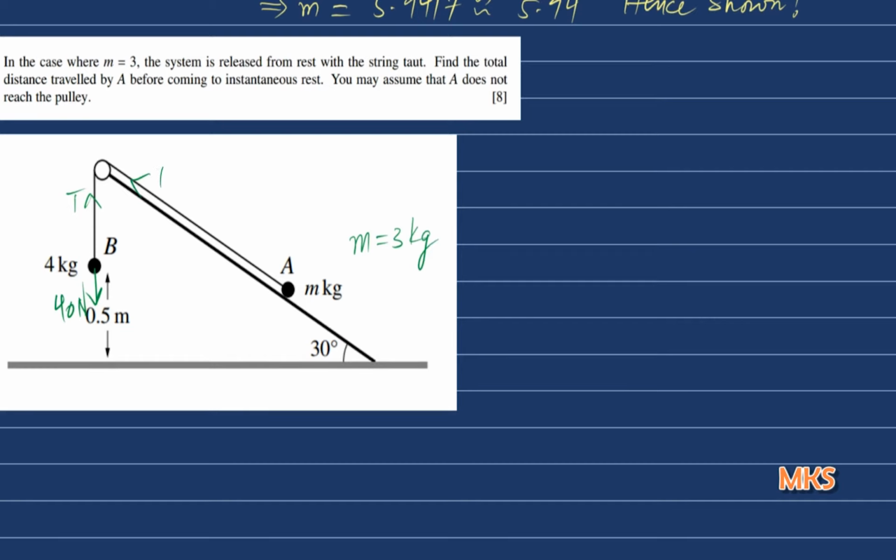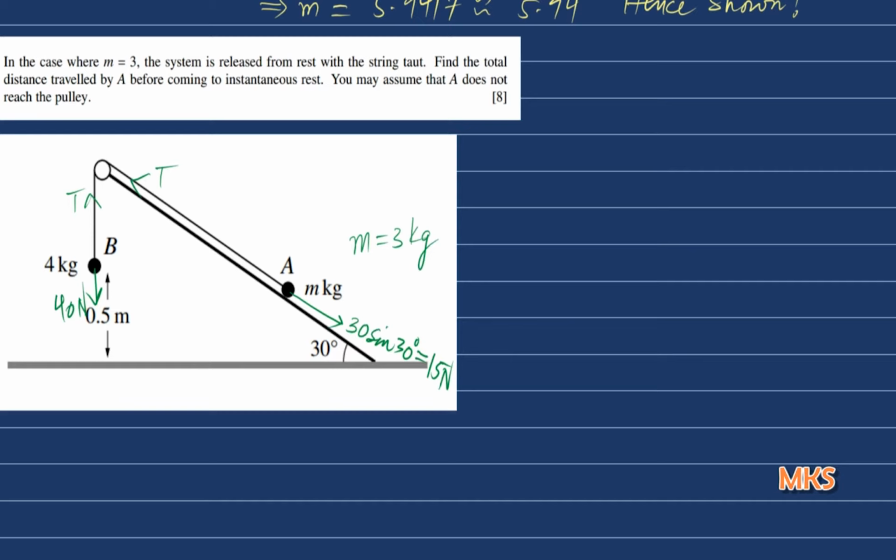Same tension इधर होगी in the string और यहाँ पे आपके पास हो जाएगा mg sin 30. तो mg जो है, because m is 3, g is 10, 30 sin 30. वैसे sin 30 is half, तो हम इसको 15 भी लिख सकते हैं. तो 15 न्यूटन force